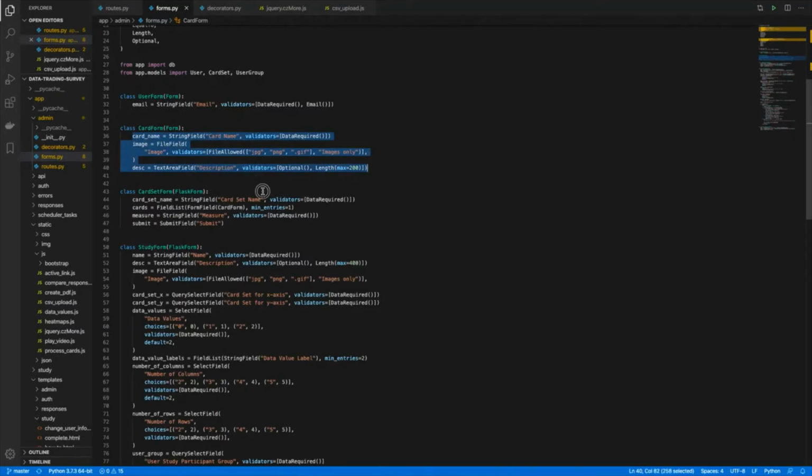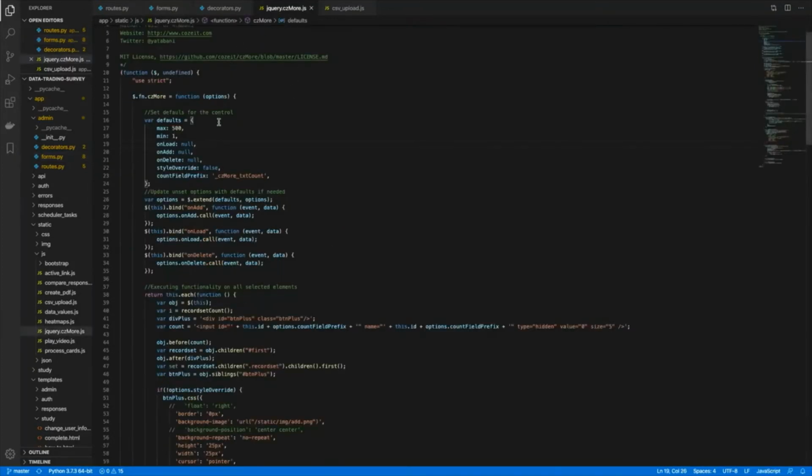So in order to allow this functionality of having any number of subforms within a form itself, within the user interface, I used a JavaScript plugin called czmore, which allows you to basically duplicate elements within the DOM.